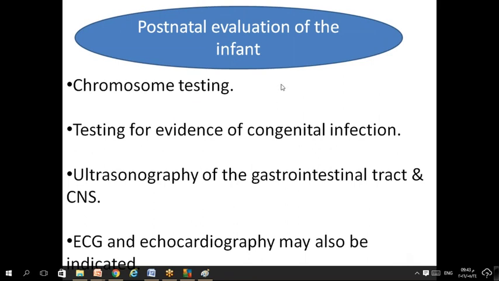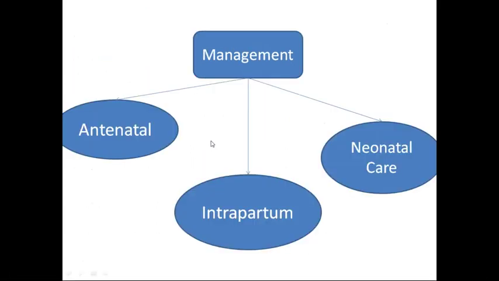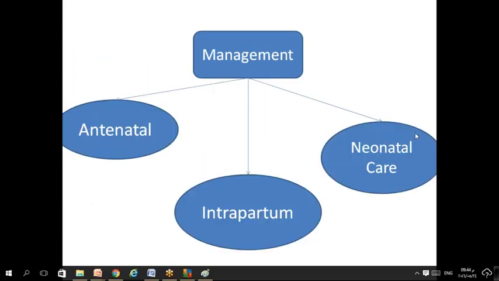And according to the case, you may need to do chromosomal studies. This is not routine for all cases, but if you find stigmata of chromosomal abnormality, you need to offer it. If you find other signs of congenital infection, you need to investigate that. It can be from one case to another. Okay. So the management of polyhydramnios.